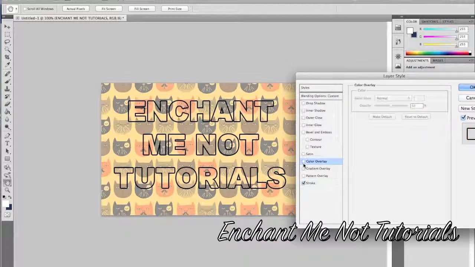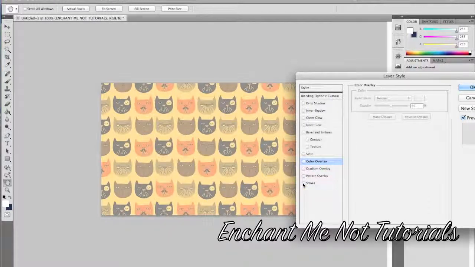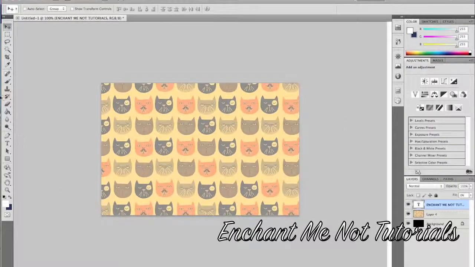I'm not going to put a color overlay. You can also take out the stroke if you don't want this. And you can always add this in as an option later. So for now, I'm going to have my entire area blank. Then I'll hit OK. I'll take the Magic Wand tool, and I'm going to come to this top corner